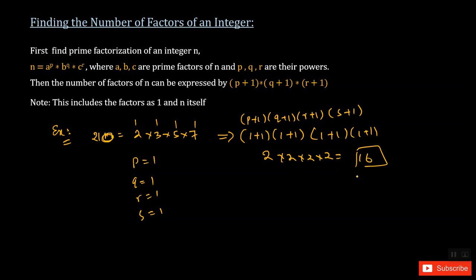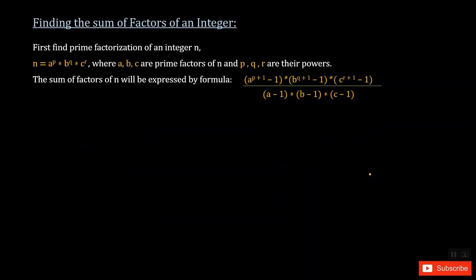Okay, so this is how we calculate it when there are more than 3 prime factors, or even when there are only 2, it doesn't matter. The way of solving is just taking each power plus 1 and multiplying them out, right? Okay, let's move to another type of question you may expect. This is a little complicated compared to that, but if you understand the way, it becomes simple.